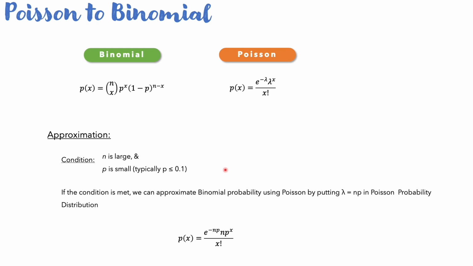So once we put this value here in this formula, we get this transformed mathematical model, or the probability distribution model of Poisson, to apply it on binomial. Okay, our next one is